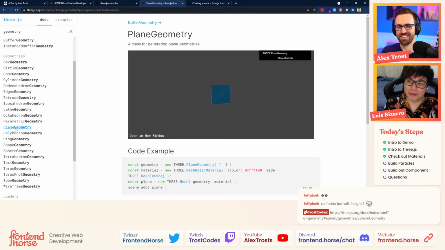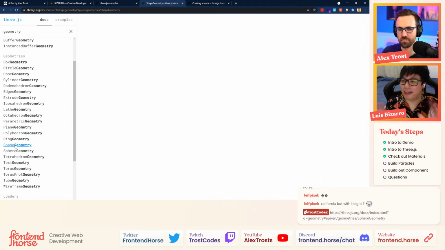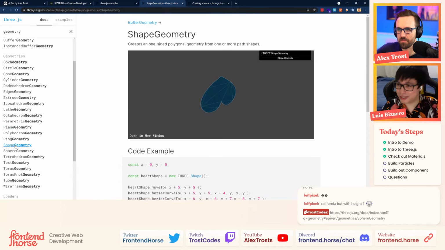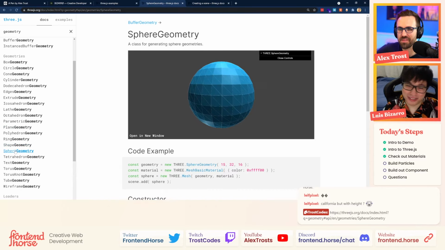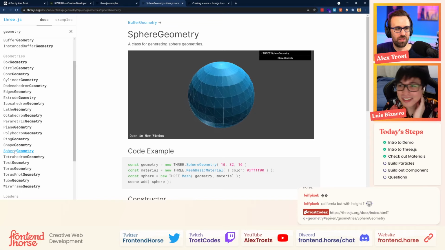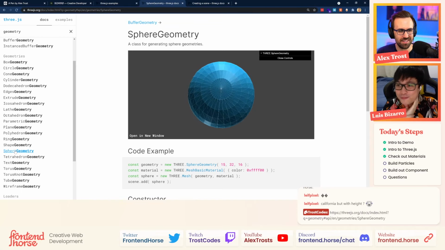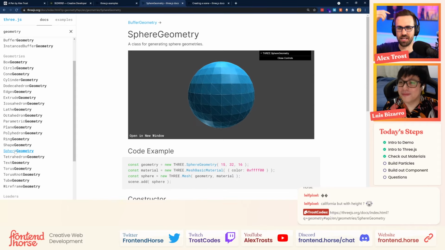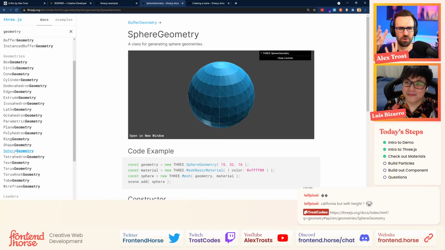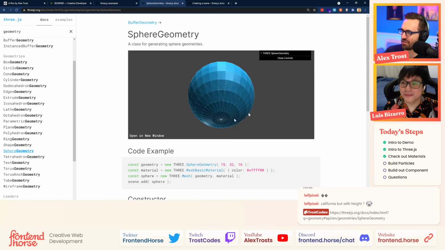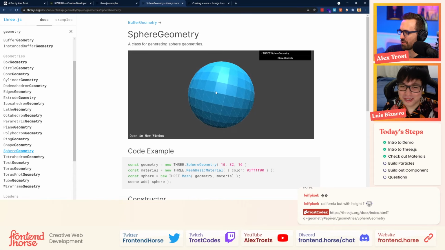Kind of like the same demo that we opened up with, the reflective shader with the head of someone. He made that from pictures that he had taken of his head and then took it into Blender and cleaned it up and then imported it into Three.js. So we got our sphere.